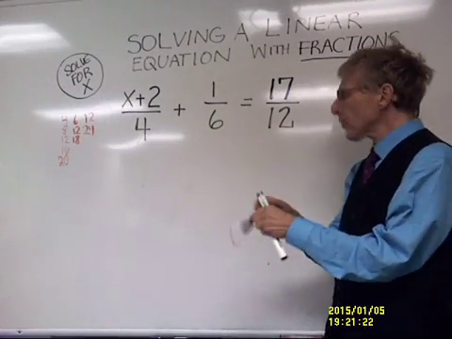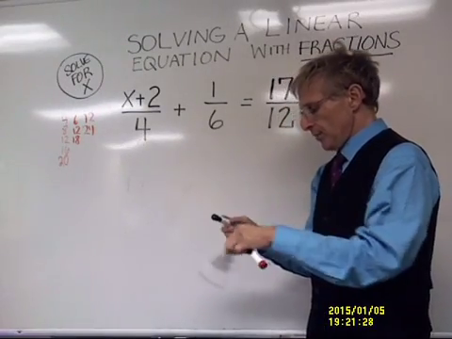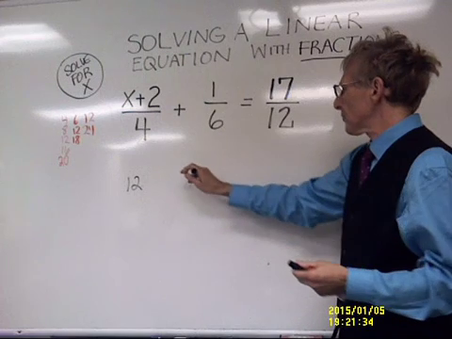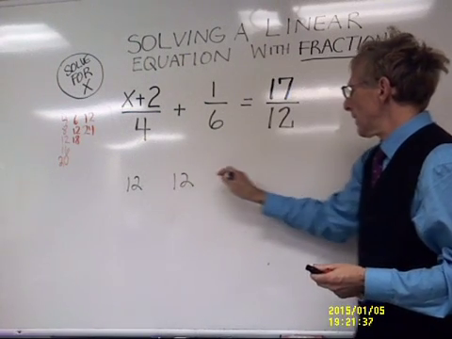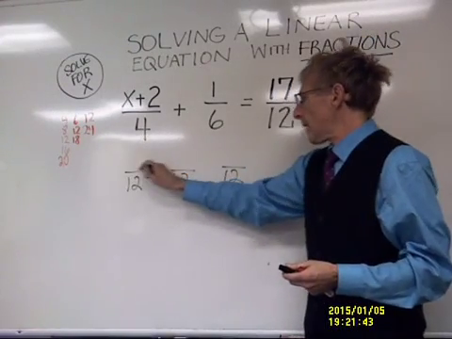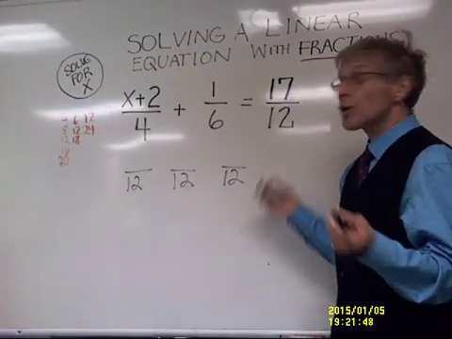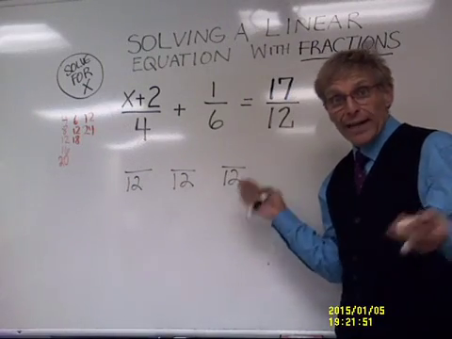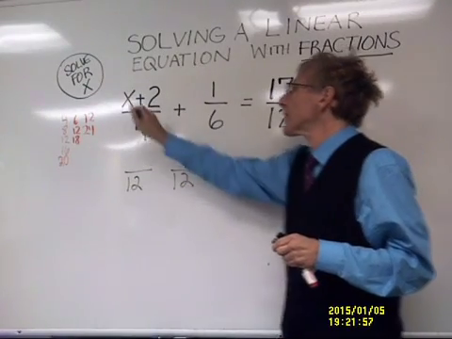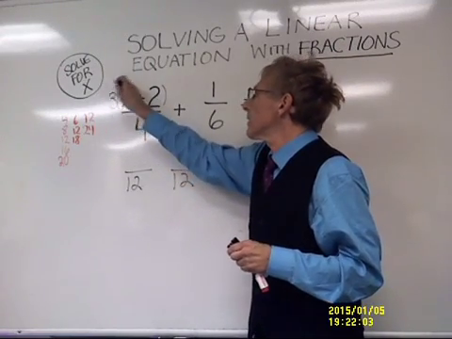So I could prepare 12 as my denominator for each. Let me do that here. I'm going to use 12, and we're going to use 12 here, and we're going to use 12 here, and what we're going to see is that we're going to convert now our numerators so they're in proportion. The 4 went into 12 3 times, so I have to multiply this entire top by 3, which would give me